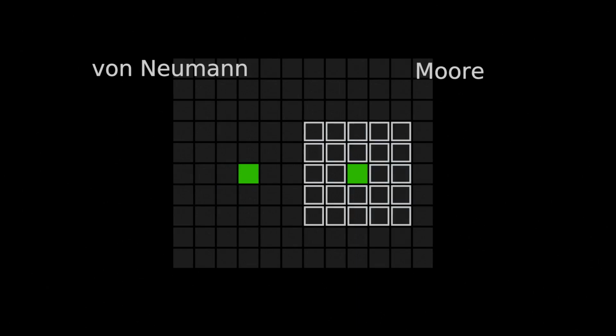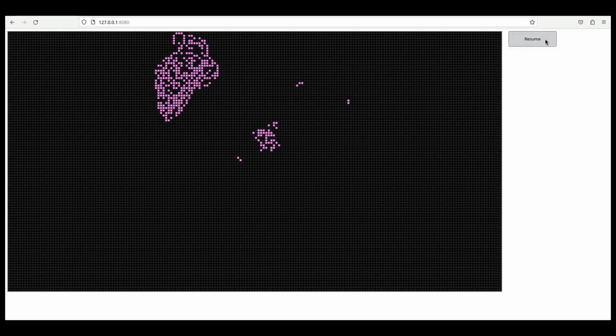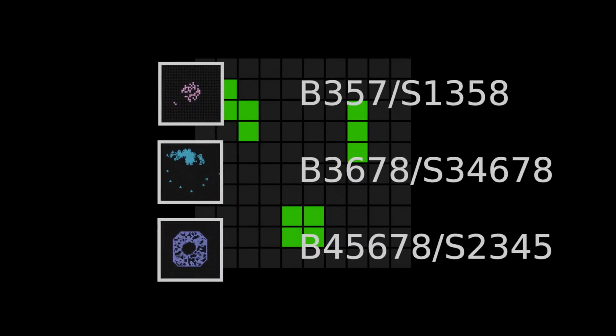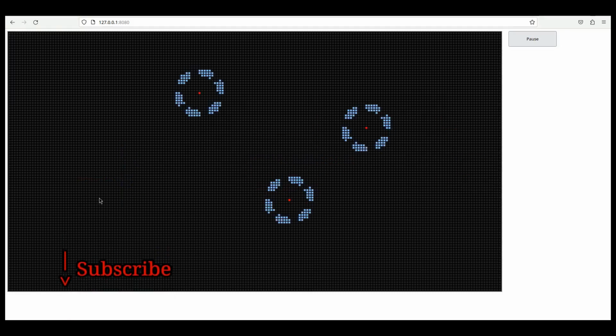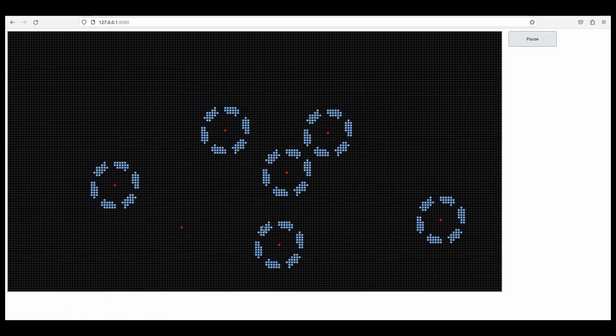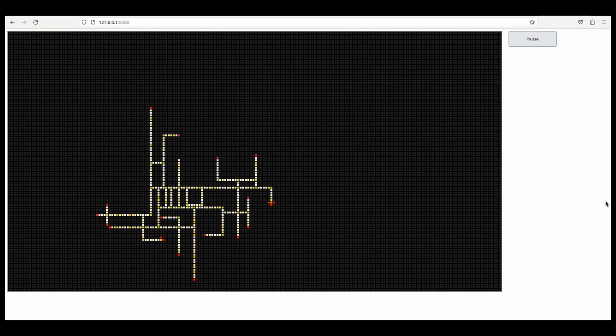In this video I'll show 6 Game of Life-like cellular automatons. You will know what these numbers mean, and I'll show some non-automaton cellular programs. So let's go. This is my cellular field. I created it using Rust WebAssembly, HTML and JS.